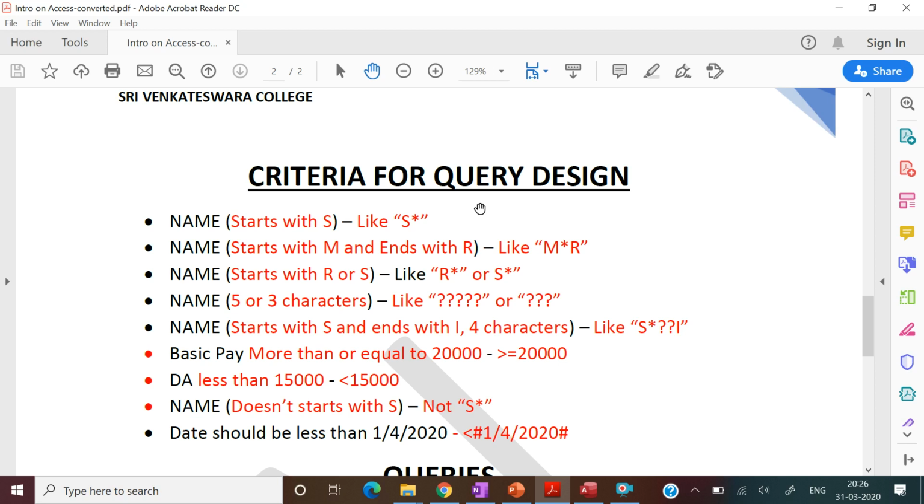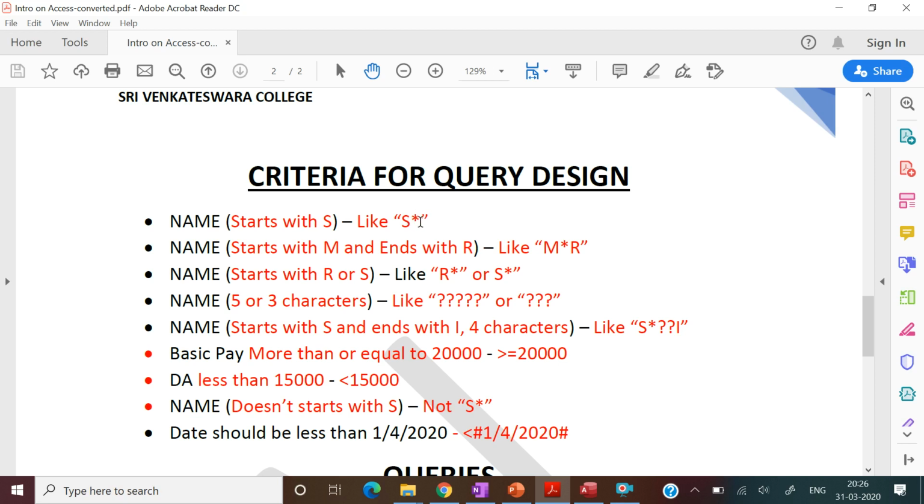How? You need to put in a query. That means you need to put some question to the data, that I want only these types of data. Suppose thousands of employees are working there, and you want only those employees whose name starts with S. So you put a query like, in inverted commas, S and the multiplication sign, and then close the inverted commas.